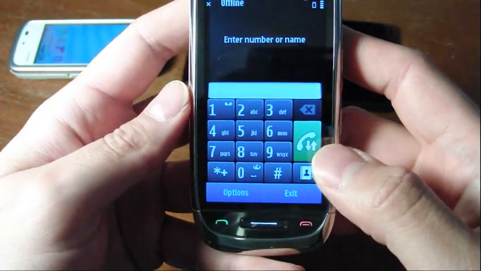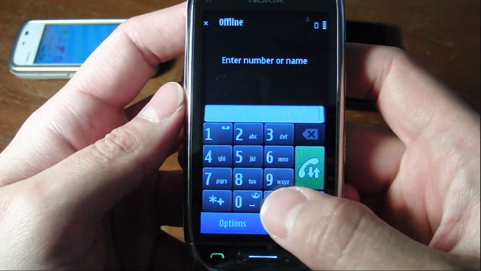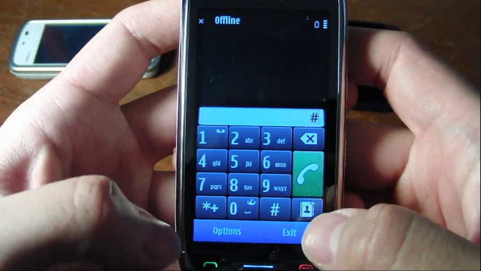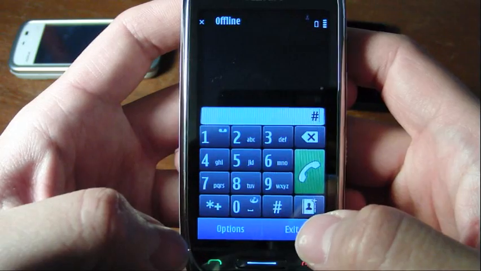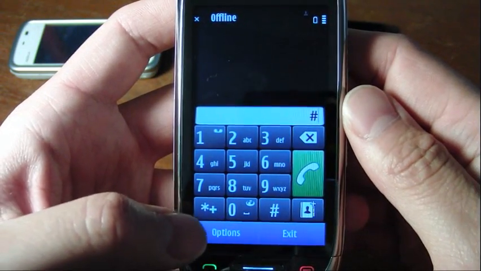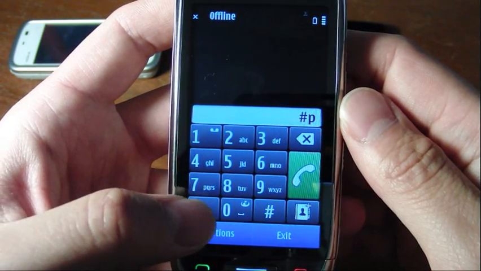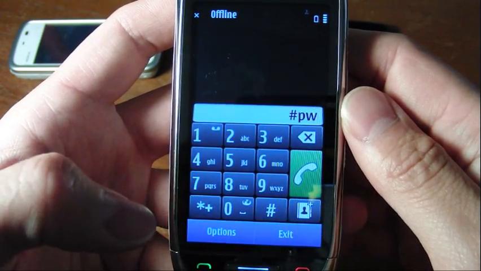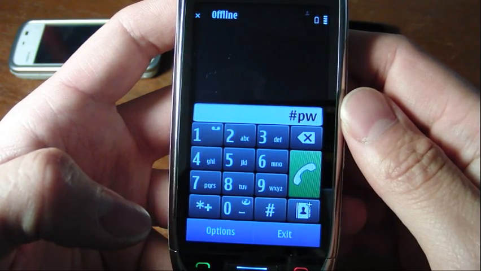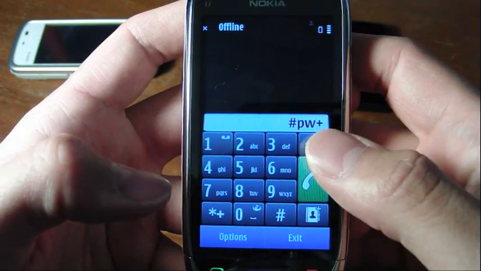So what you got to do is enter in a certain code first. You want to hit pound PW. Now to get to the P, you have to hit the star key, not any of the alphanumeric keys. You want the star key. So for P, you hit it 3 times. For the W, you want it 4 times. And plus, so pound PW plus. So plus you hit twice. And then you enter in your unlock code,